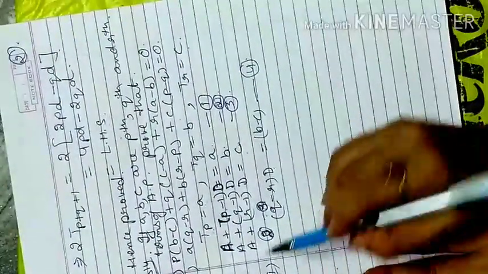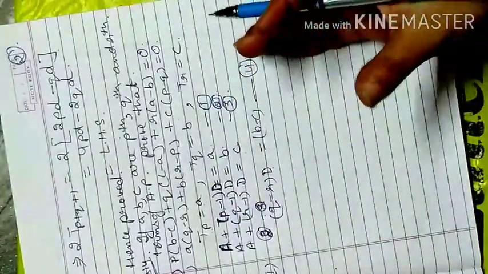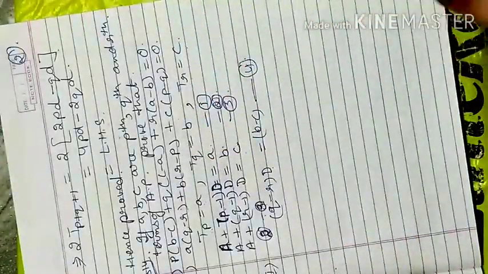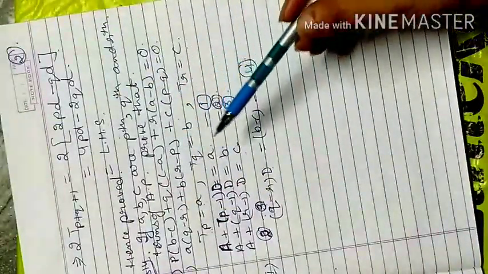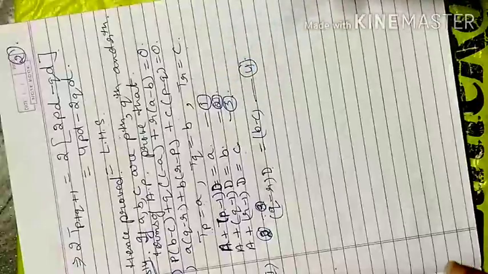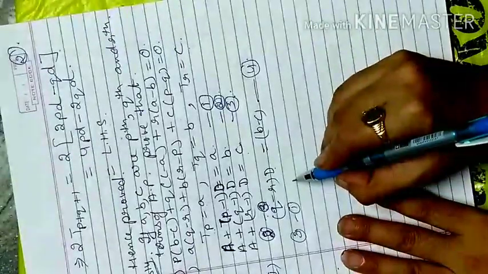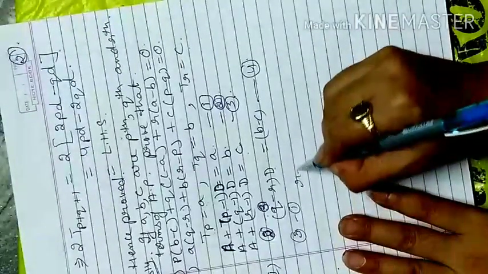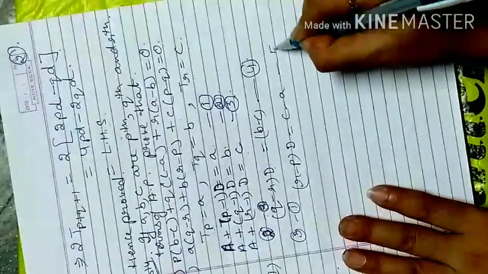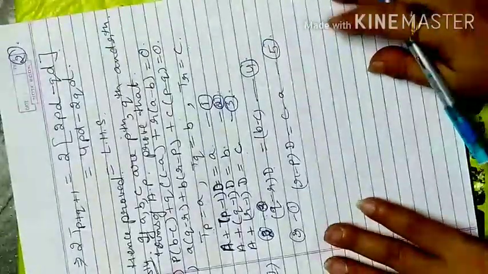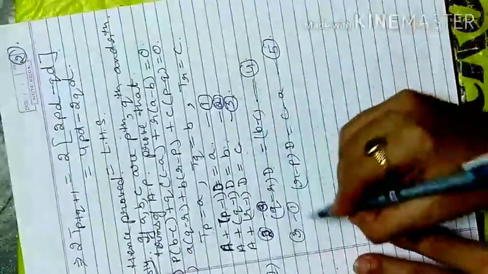Still I am not done, because I need also for this. By solving the common thing, I can solve both the equations. First I just concentrate on B minus C. Next is C minus A. That means for C minus A, the third will be in first position and the first one in second position. So that will be third minus first equation. That gives me R minus P on the left side with D and C minus A on the right side. So that is my fifth equation. Now next is A minus B. I need A minus B. A minus B means first equation minus second equation.